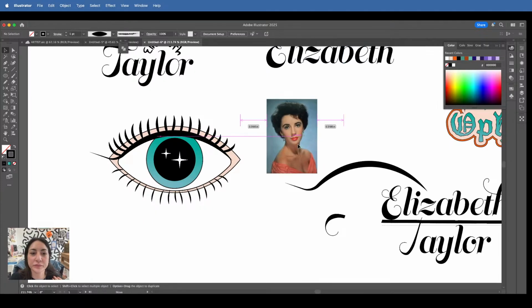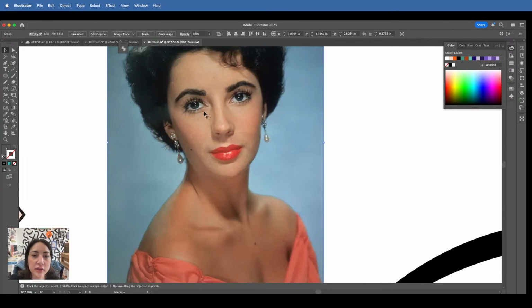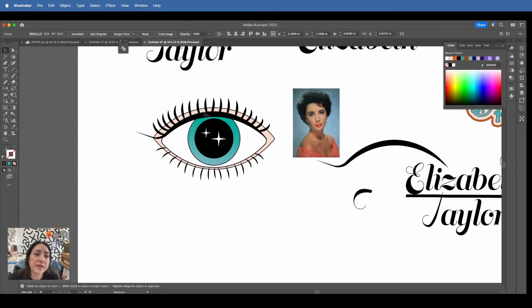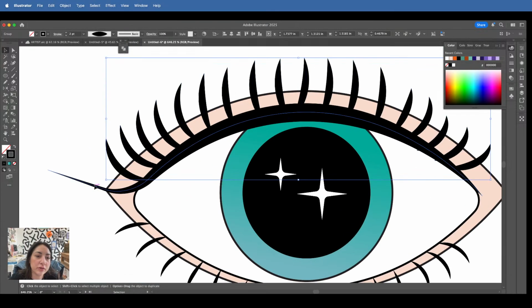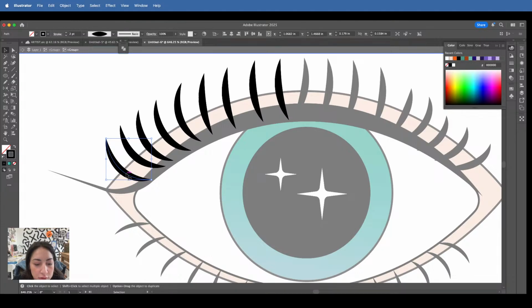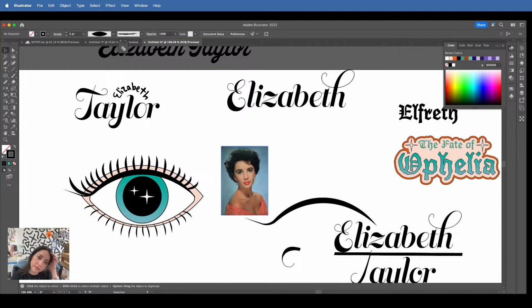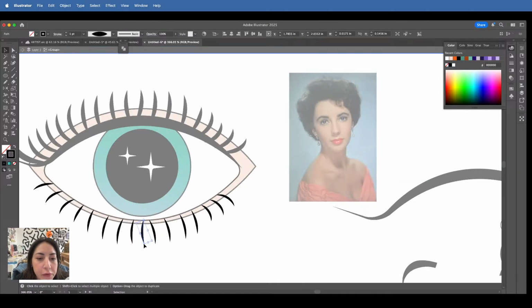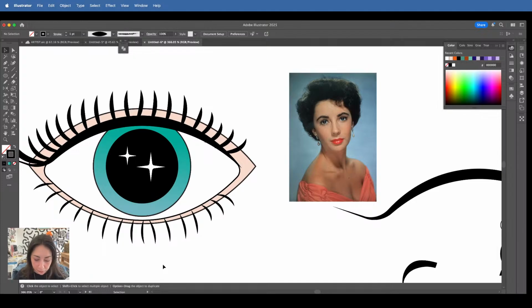So we got that. And like, she does have more lashes. I'm not gonna go that nuts with it. Maybe I'll add one more big one at the end here and do like 2.5. Oh, or 3. Sure, why not? Okay, so this is great. Now we have to do the actual text part of everything. The actual type.